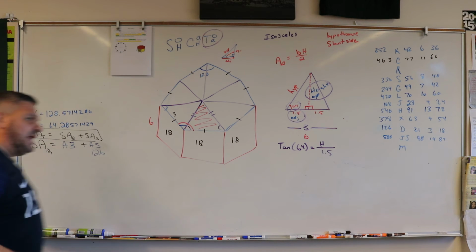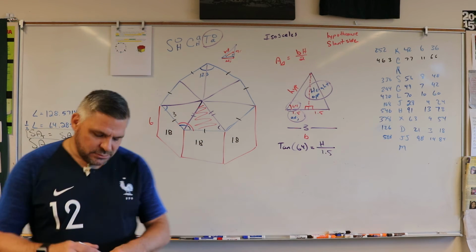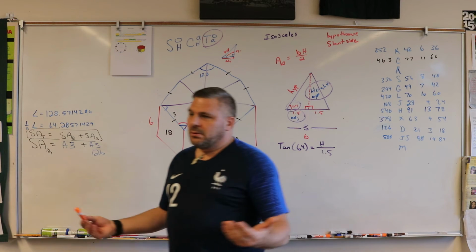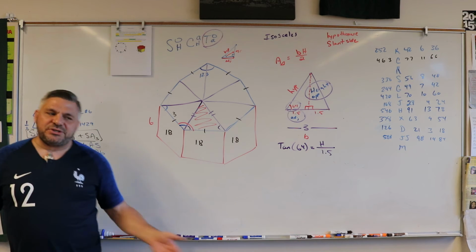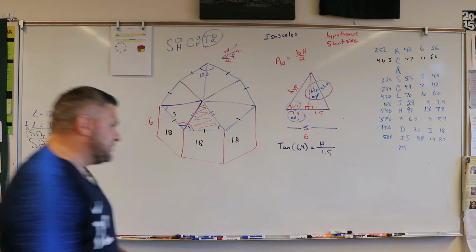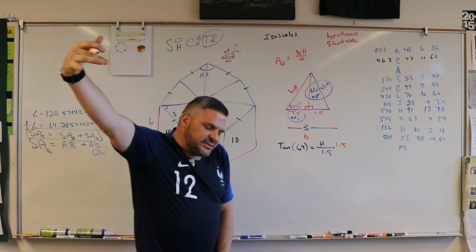So, now, how do I solve for H? How do I get a number alone? Always do the opposite. If it's dividing, multiply. So I'm going to multiply by 1.5. But what I do to one side,